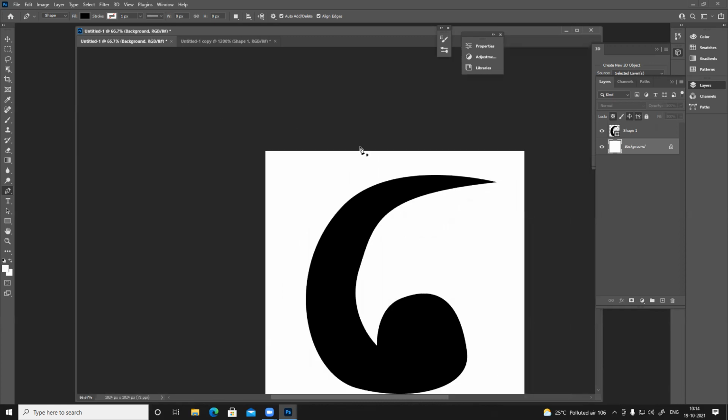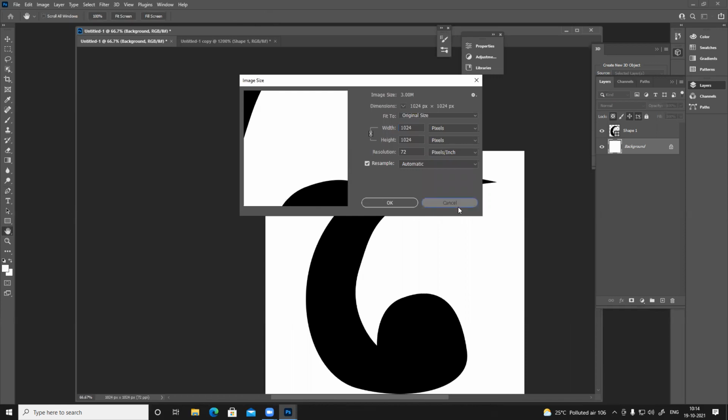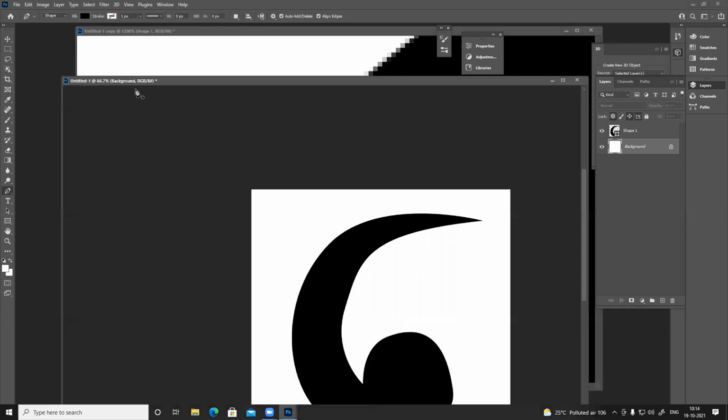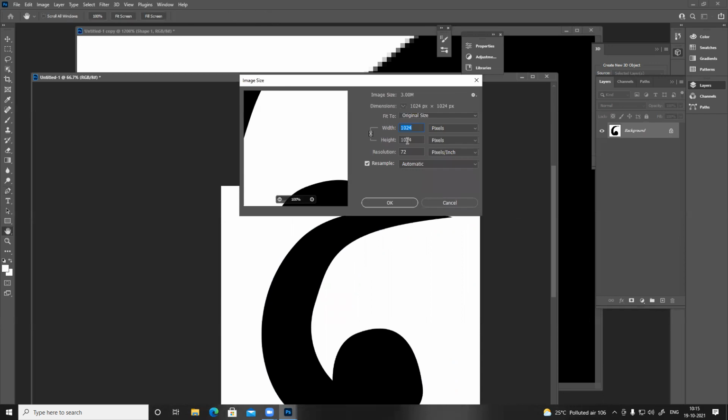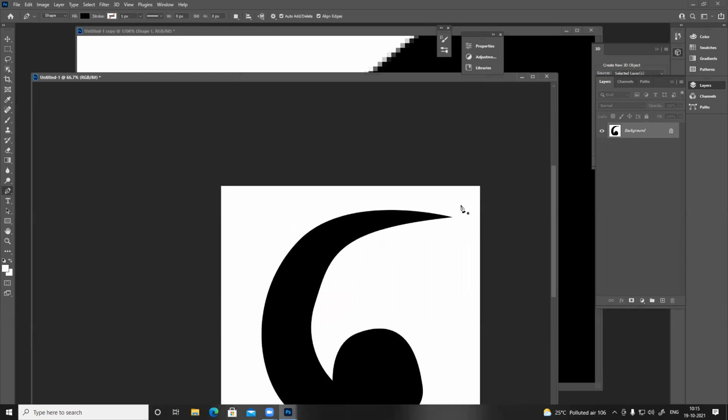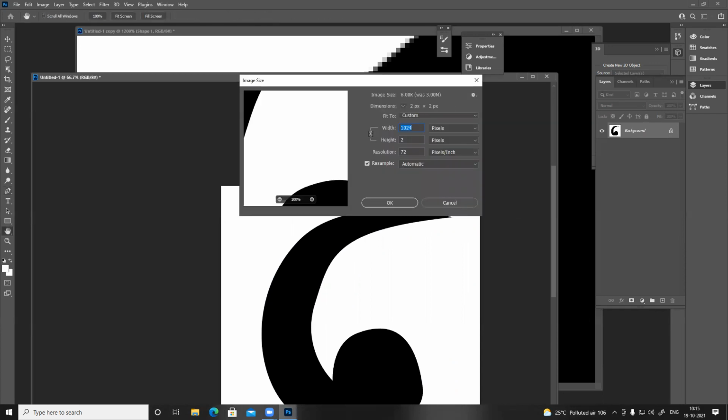So let's see. Now suppose this is my 1K image. If I convert this into raster, let's see, merge them. Now it's a raster image, right? Same size, and I'll increase the size to 2K.